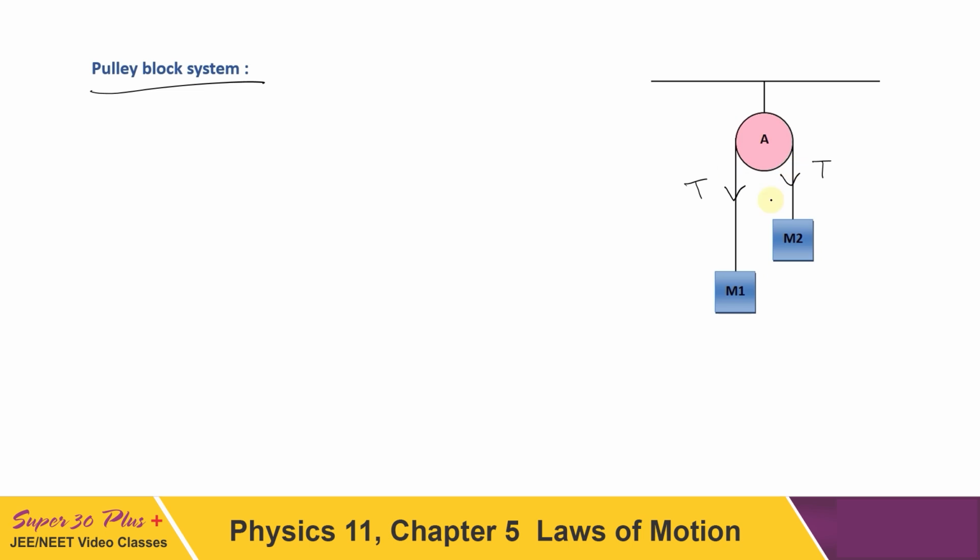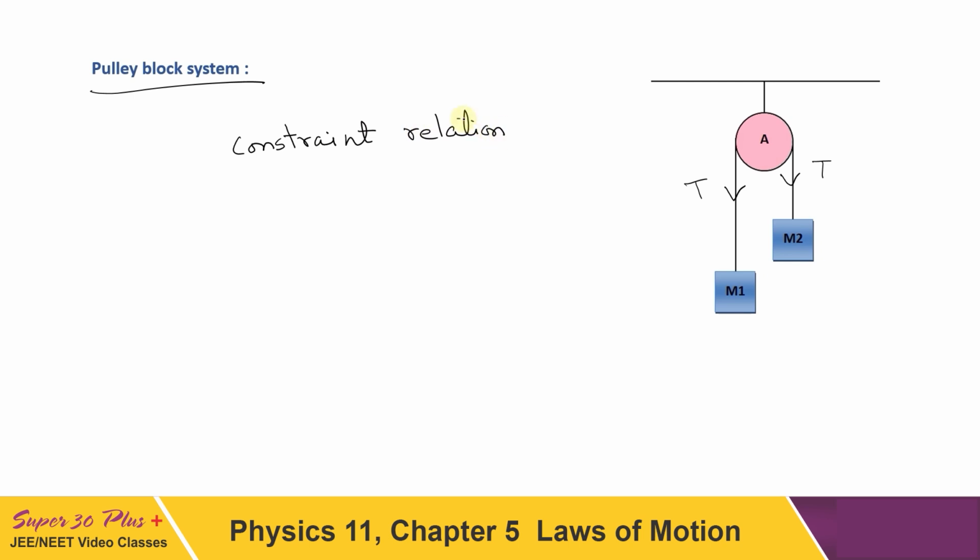And what if more than one pulley is involved, or if a movable pulley is involved? Then we have to write for the movable pulley also. For these kinds of numericals, we should apply some constraint. And what is that constraint? That is the constraint relation. It is very helpful in solving problems that involve the pulley block system. It is called the constraint relation.